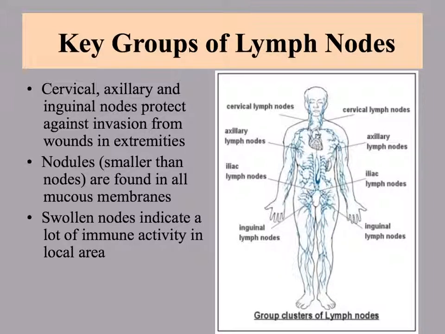Lymph nodes are found everywhere in your body, but there are certain important ones. I just want to emphasize some of the key areas where nodes are grouped. Remember, the nodes are sort of there as a first line of defense for things that have gotten into the circulatory system and then moved into the lymphatic system. And so groups of nodes in the cervical and the axillary and the inguinal regions of the body kind of are there as a wall against any kind of bacteria that maybe has entered into your body because of a